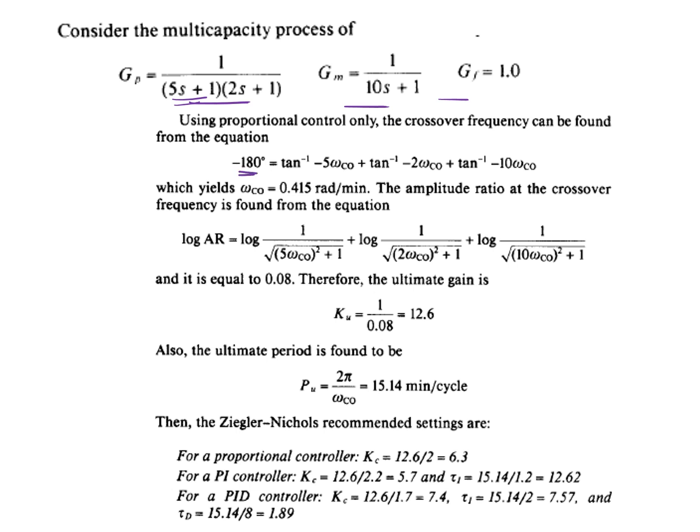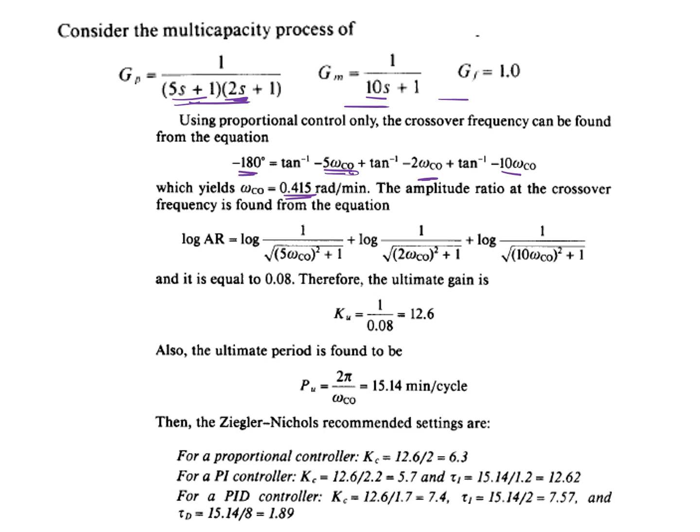So minus 180 degree equal to tan inverse of minus omega c. I mean, this is the cutoff frequency. Okay. Similarly, minus tan inverse of 10 omega CO and minus tan inverse of 2 omega CO. Then keep on changing the value until you get minus 180 degree. Then it is proved that